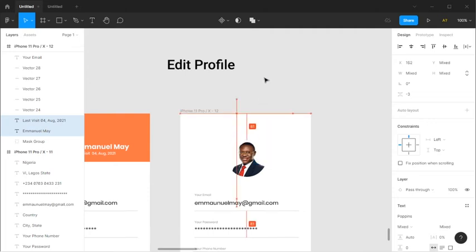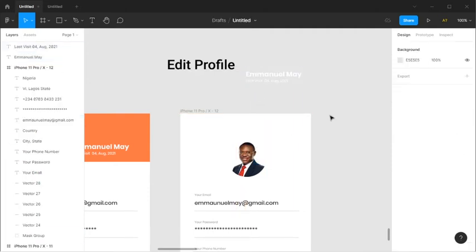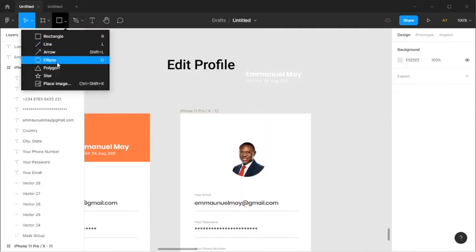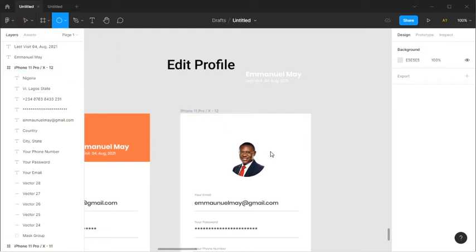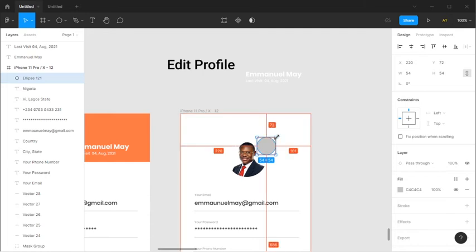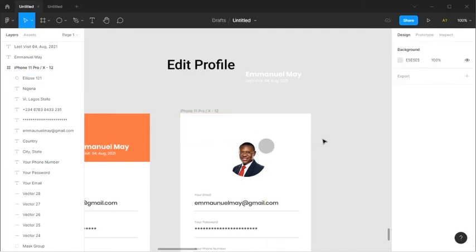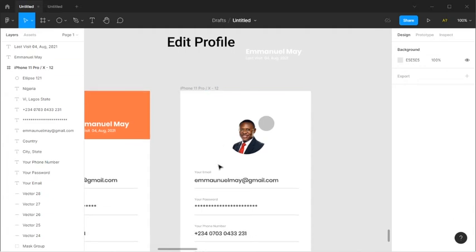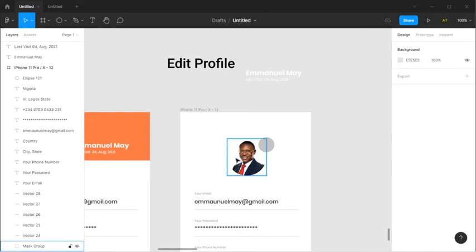Edit profile should look something like this. So edit profile is going to have